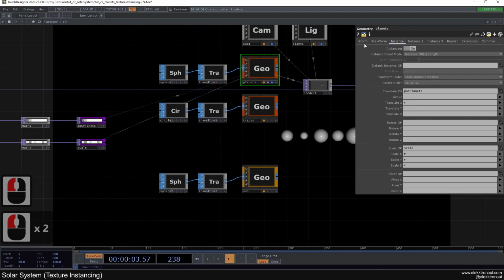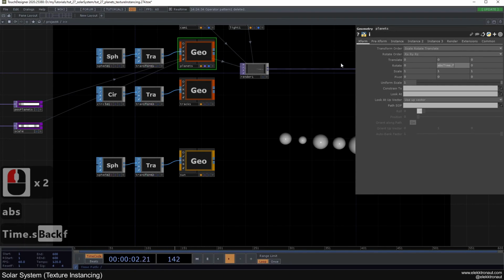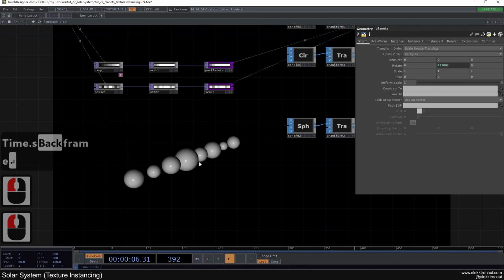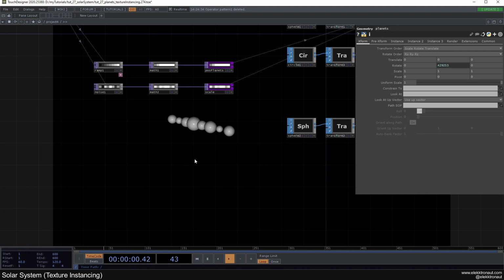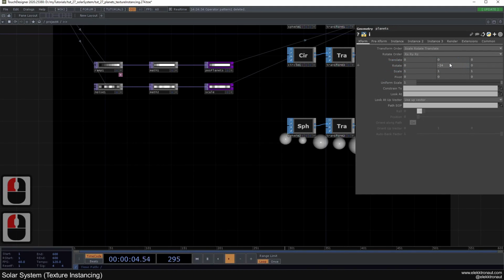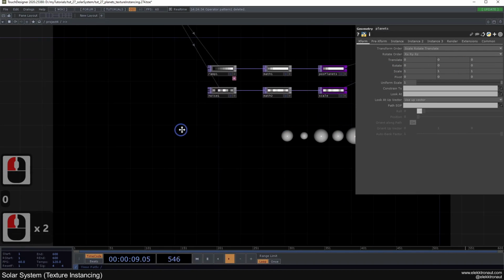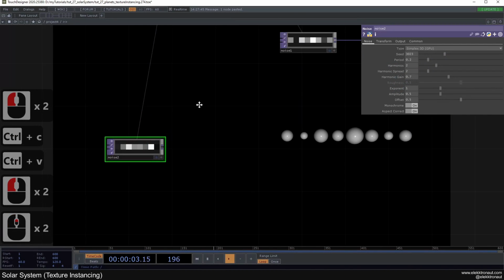One idea would be to go here and just change the rotation, and you could just type in abs time.frame, and then you just make them move, but all at the same amount, or same speed. So this is not what we want. This is not anywhere near an accurate representation of our planets. So let's just copy and paste this noise, change the seed, and